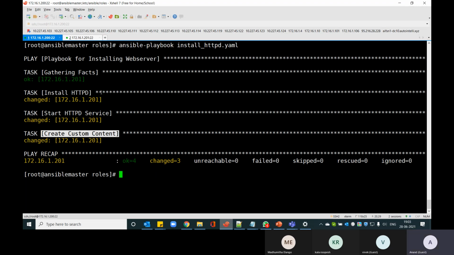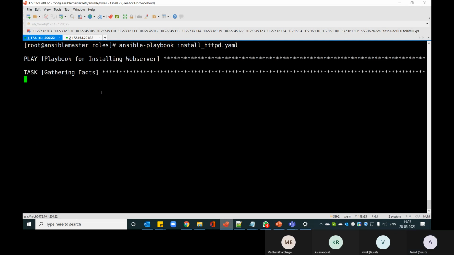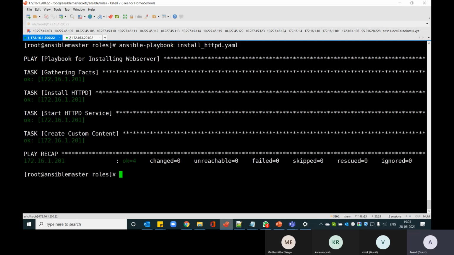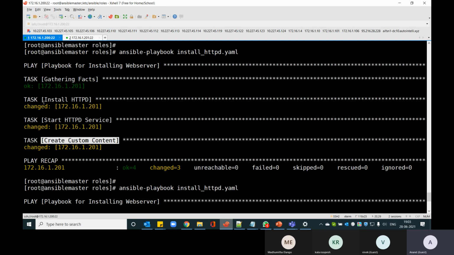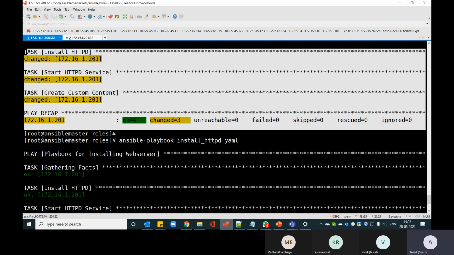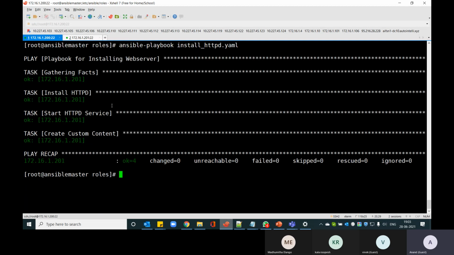And let us run it one more time and see what exactly happened. Okay, let's see one more time what it is actually doing. This time, if you see the output, previously it said changed, but now there are no changes. It says everything is okay. All my current configurations are pretty much in the way that is needed by Ansible. So that's how you manage multiple different configurations.